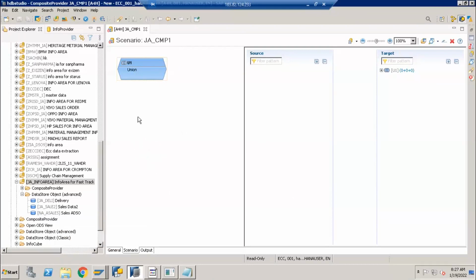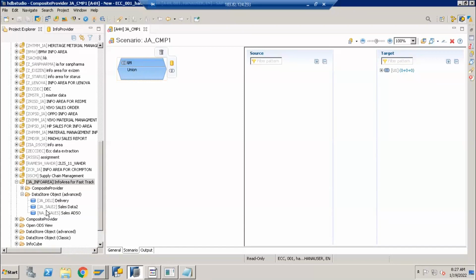For example, DSO1 stores Indian sales, and DSO2 stores UK sales. You want to do reporting on these two sales together in a single report. Then you have to union these two providers under one composite provider.